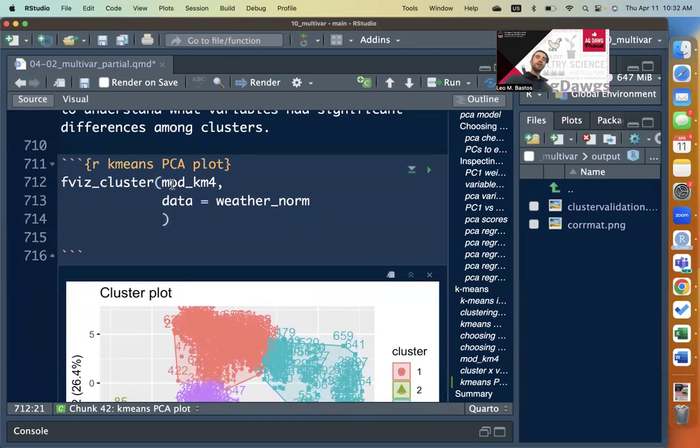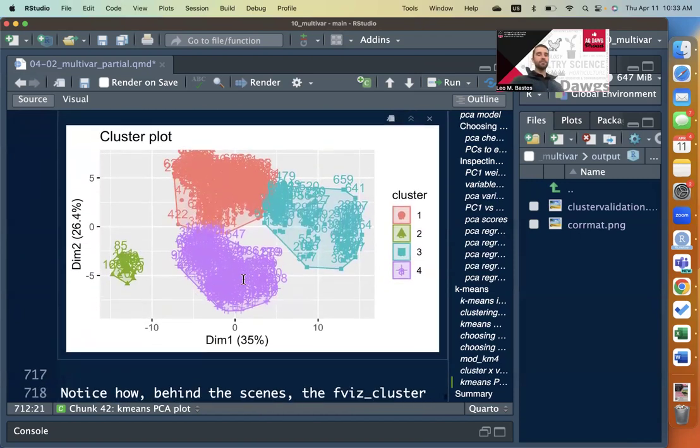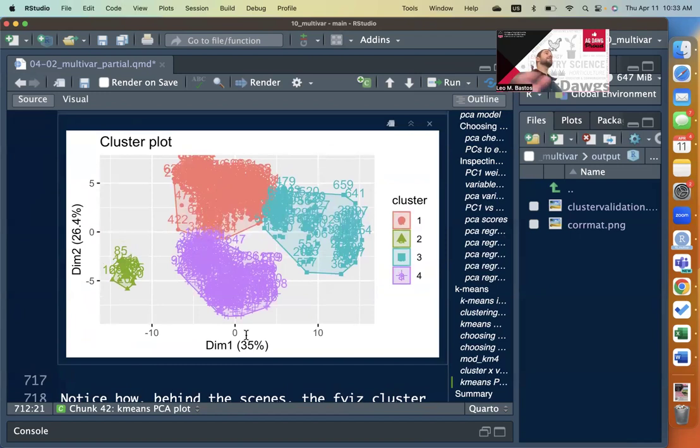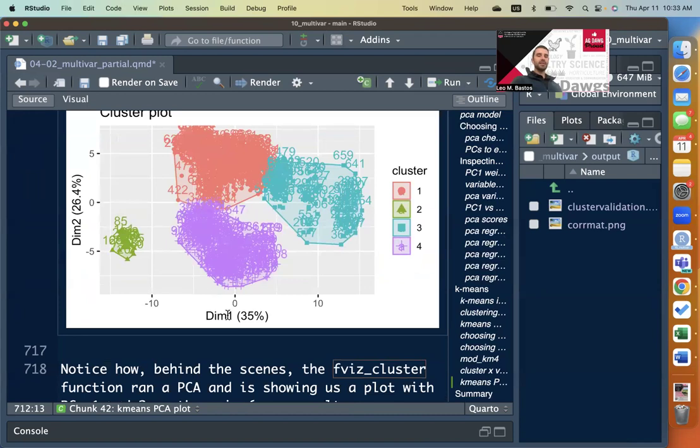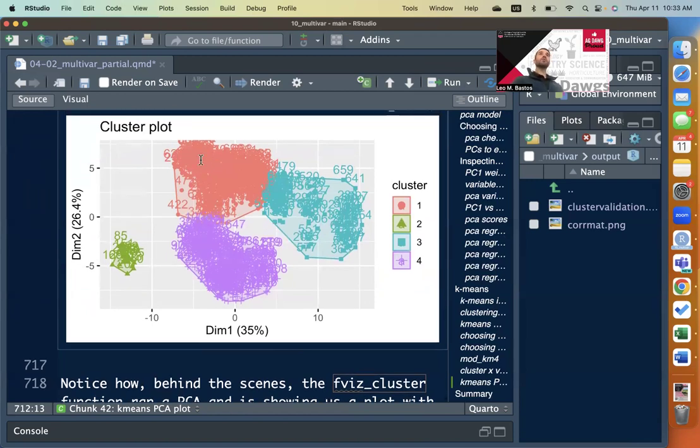So notice what we did. Imagine you were running this function in a completely different script where you did not even look into PCA. This function by itself, we're just giving our k-means output and our data. We're not giving anything related to PCA to it. Behind the scenes, it is running PCA for you, which we have already done in this exercise, but it's independent of that. This function is running PCA for you, putting your PC1 on the x-axis and PC2 on the y-axis, same as we've seen before, getting you the PC scores, which we saw